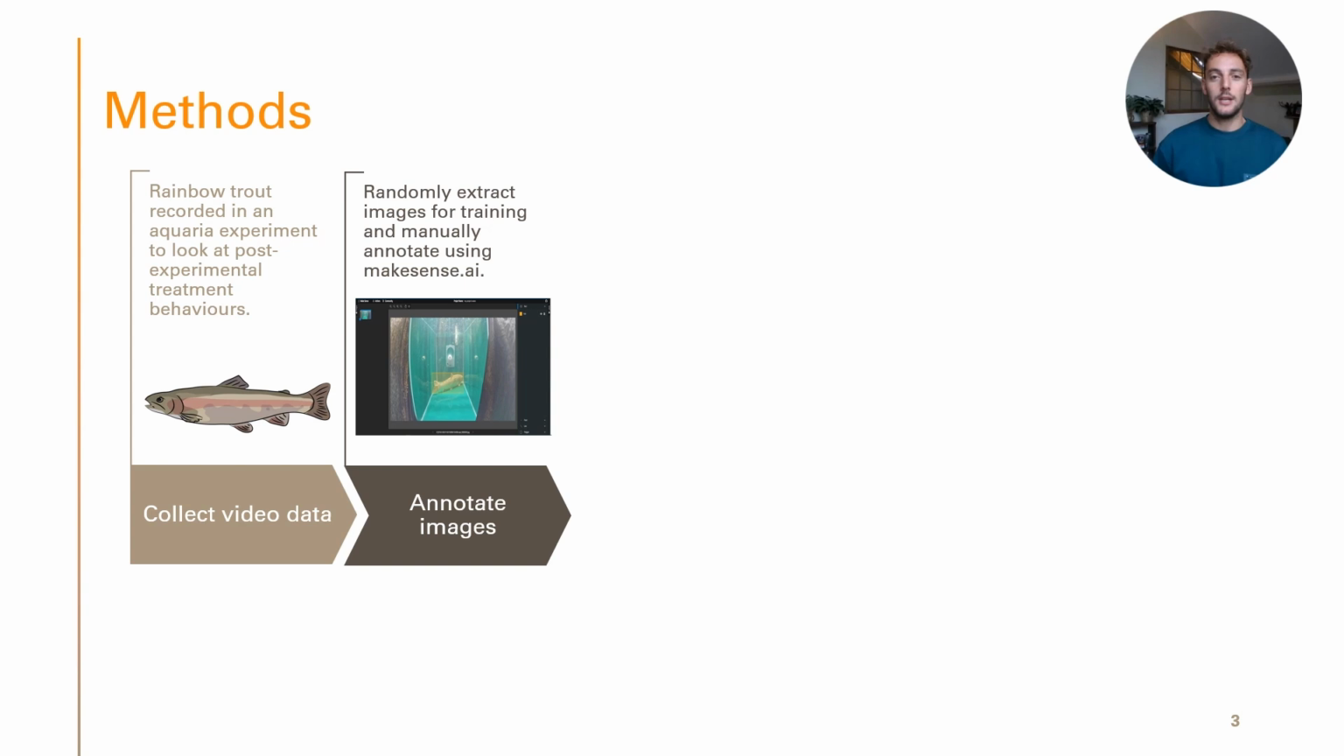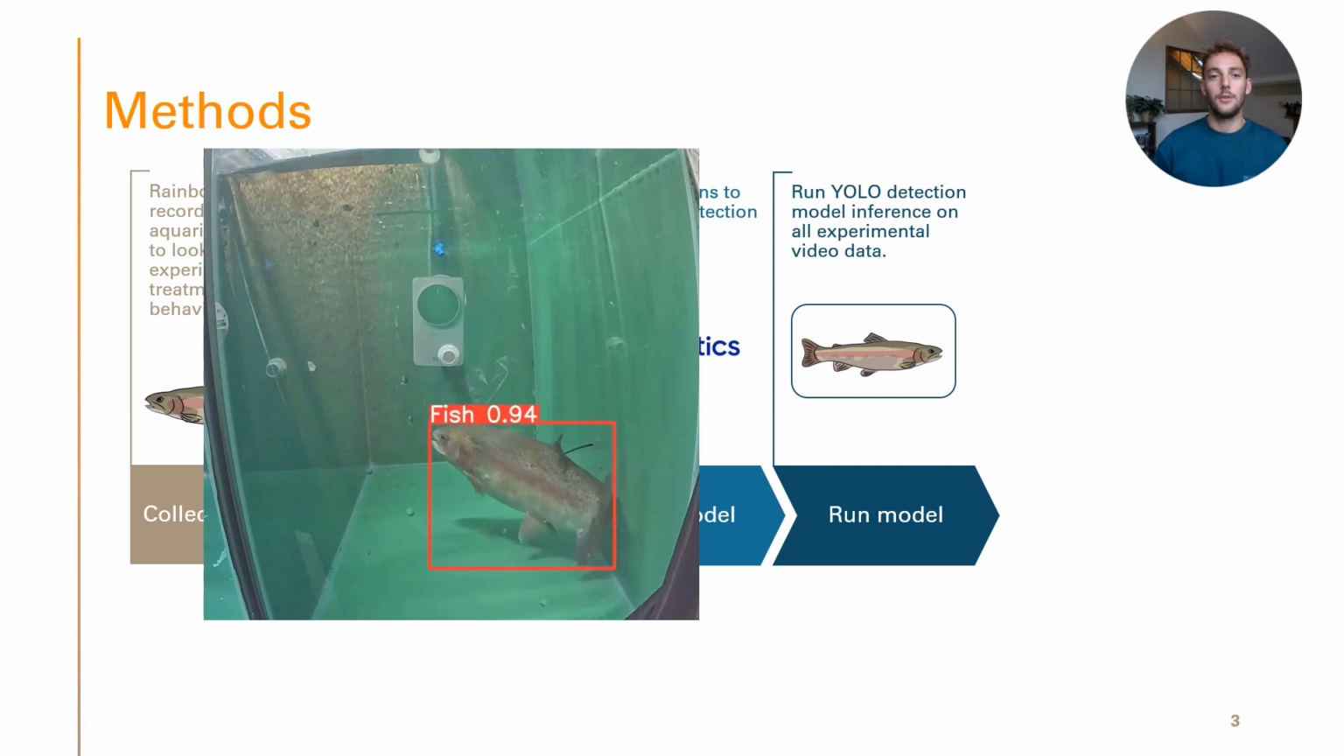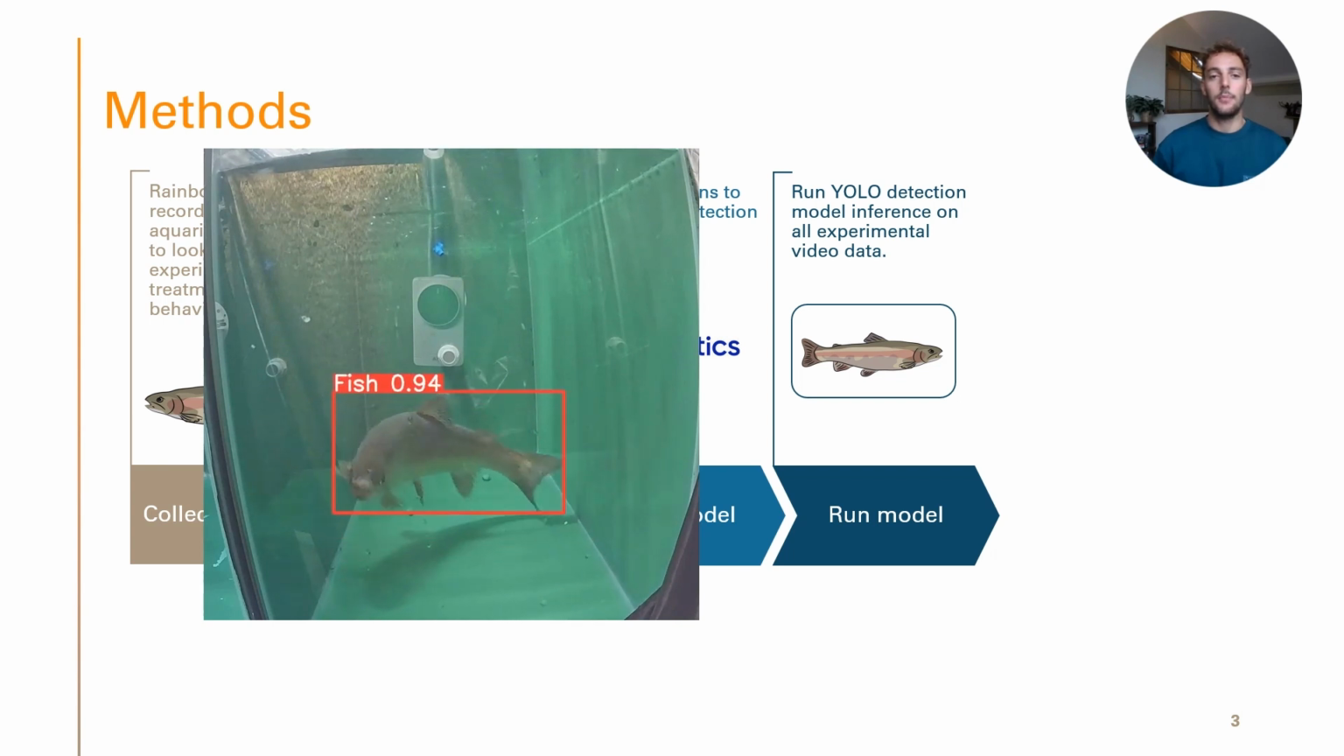We then drew rectangular boxes, known as bounding boxes, around the fish in each image using a free online annotation tool, MakeSense.ai. We used those annotations to train a YOLO model, which resulted in 99.9% accuracy for detecting fish. We then ran the trained model over all of the experimental footage, rapidly creating bounding box detections for the entire